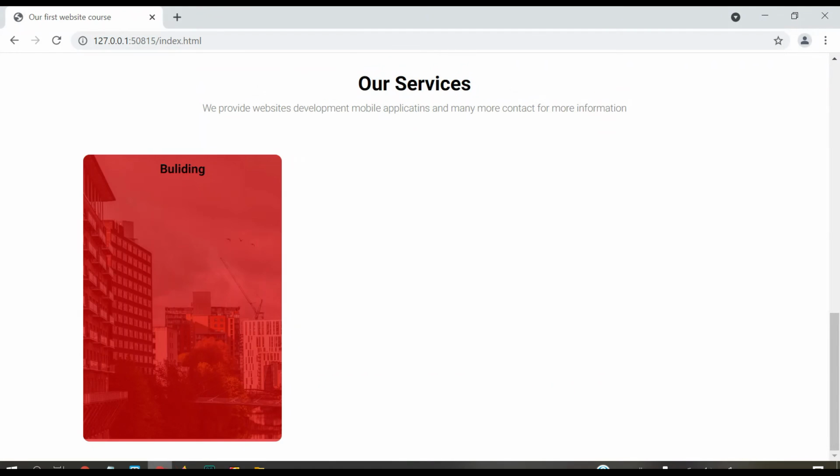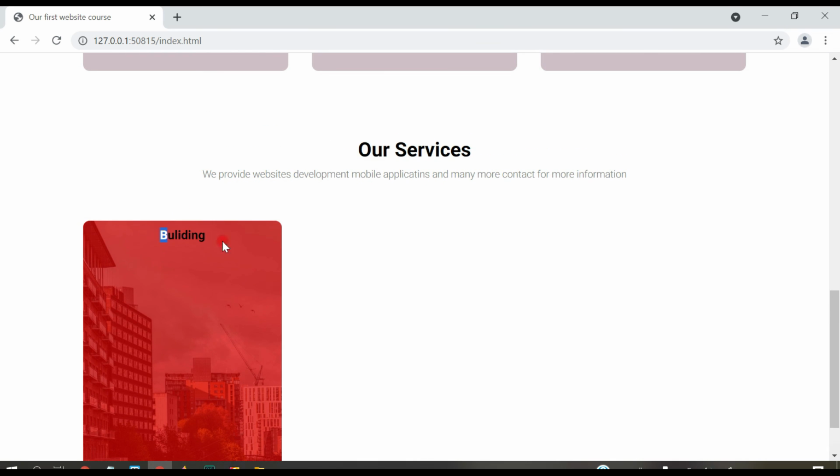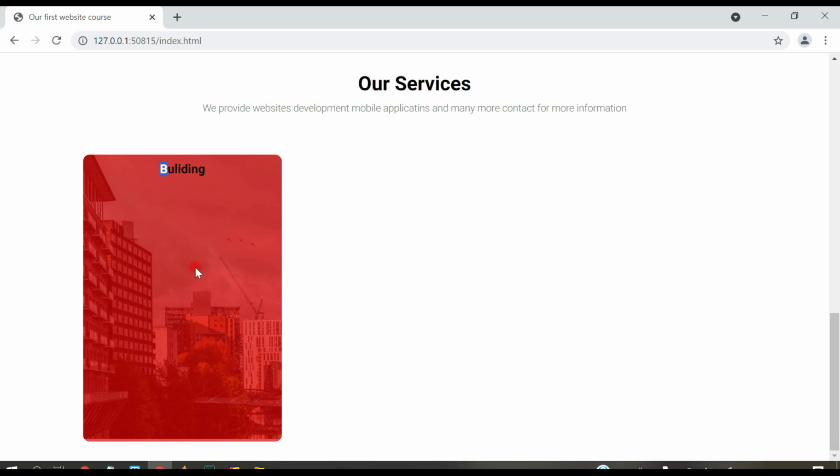Control S, let's see how it looks. You can see now this image has a layer over it, you can say an overlay, and the building with the text of building, you can see here.